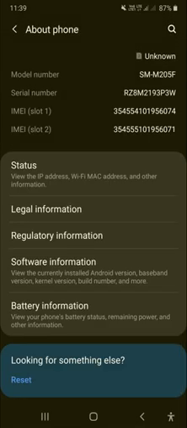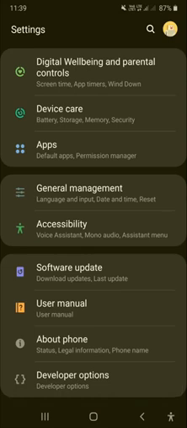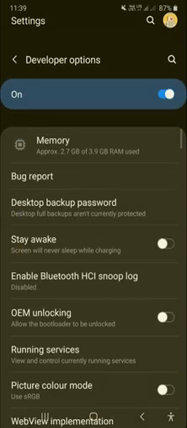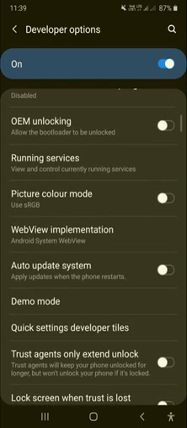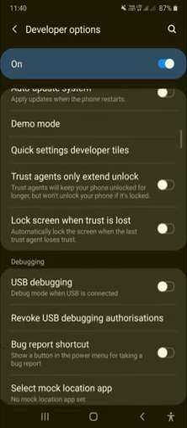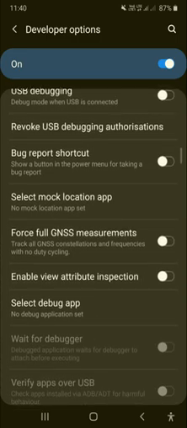So it will be available below About phone. Otherwise it will be available in More settings or Additional settings in your phone. It depends on your phone. You have to find where the developer option has been located. Click that and just note down all the options I am saying. You have to switch on these options to increase the speed of your mobile and network. The first option, just keep on watching how many settings I am activating.